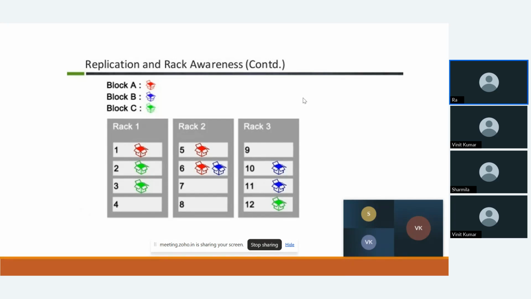But sometimes what happens is I am not able to access the data from my availability zone, and I need it. So what I can do is change my availability zone and go to the Europe one. Although it will take some more time, because now the distance has increased from Southeast Asia to Europe. But still, I'm